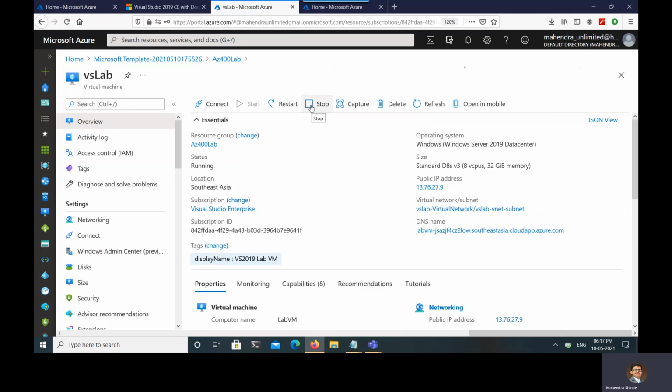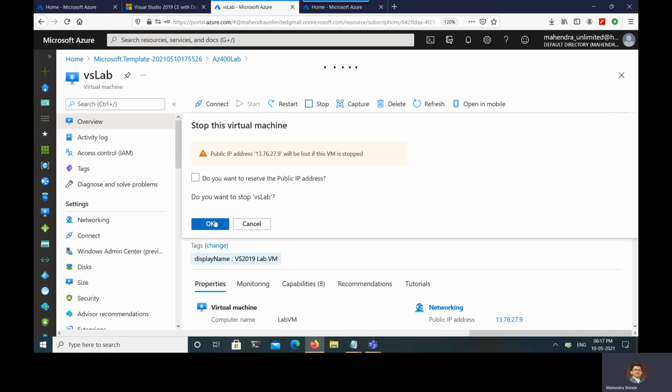Don't forget to use the Stop button to stop this machine once you have done your task. This will make sure that Azure will not charge you for this VM for a longer time. After you click Stop and the machine is stopped, you won't be charged any cost for CPU and RAM. Next time, just hit the Start button, start the machine, and connect again to get inside the machine. That's it for now. Thank you.